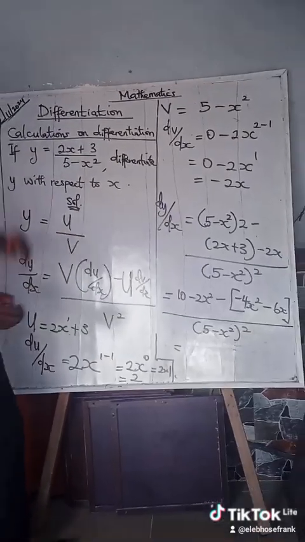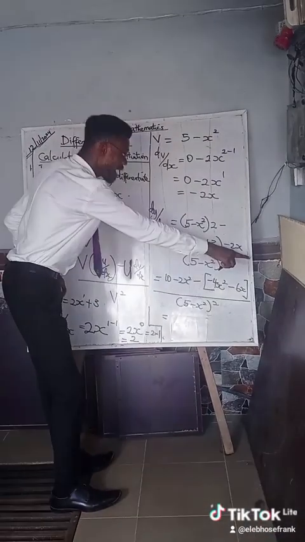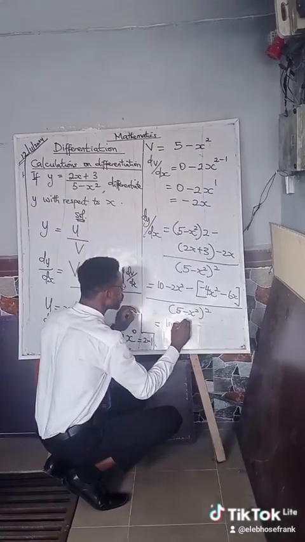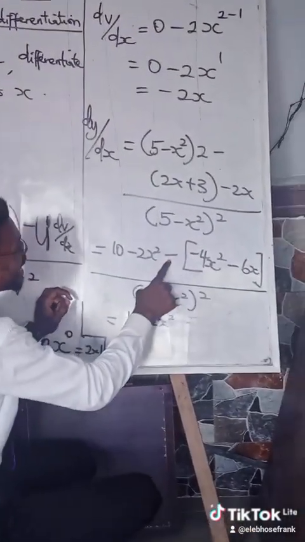I believe we're together. Now let's go. Minus is going to multiply everything in the bracket. So that gives 10 − 2x². Now watch this. Minus times minus